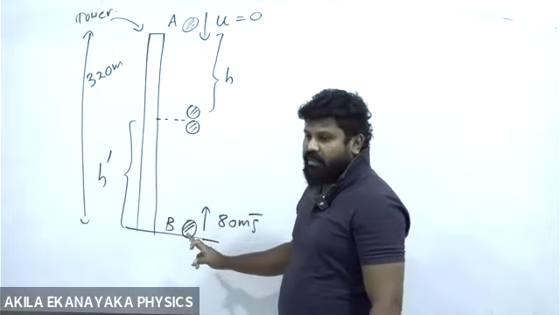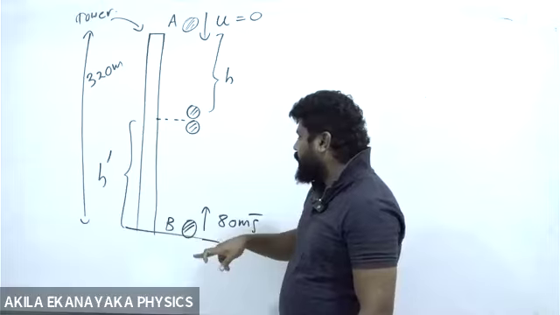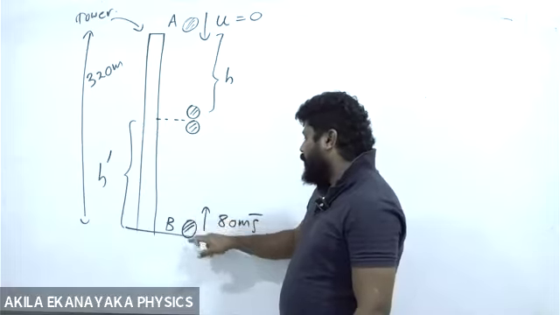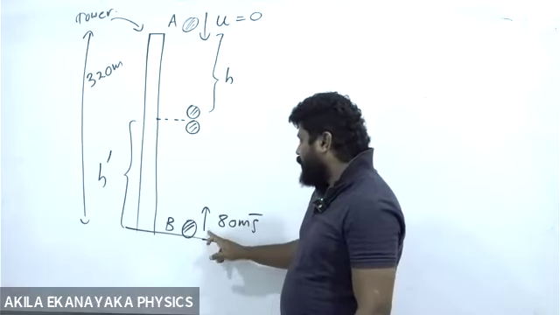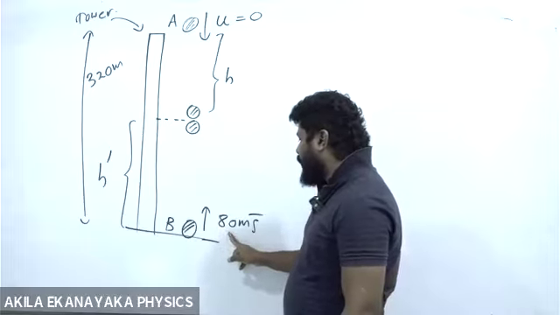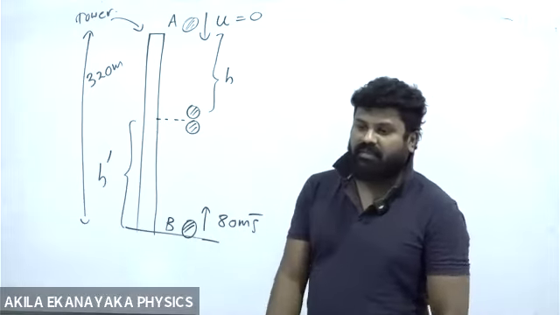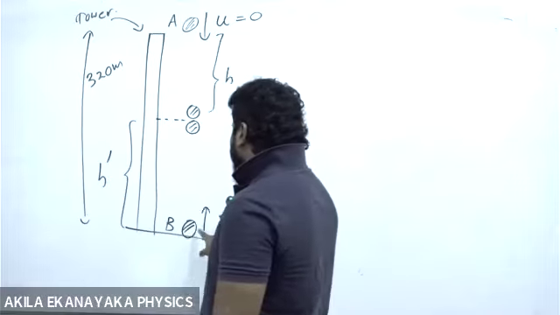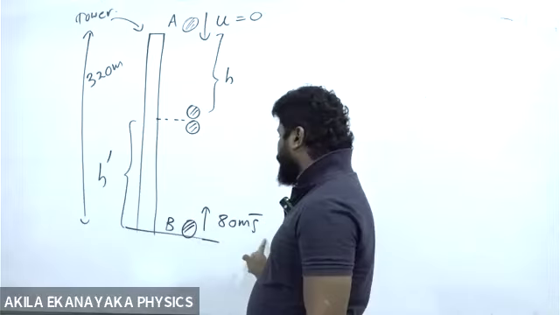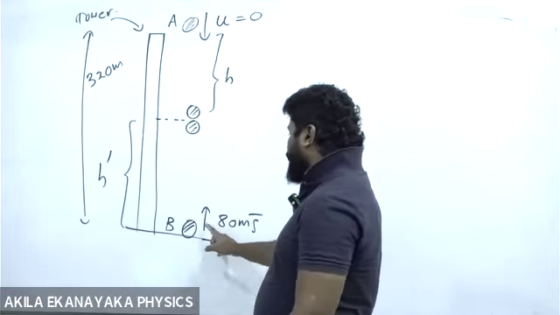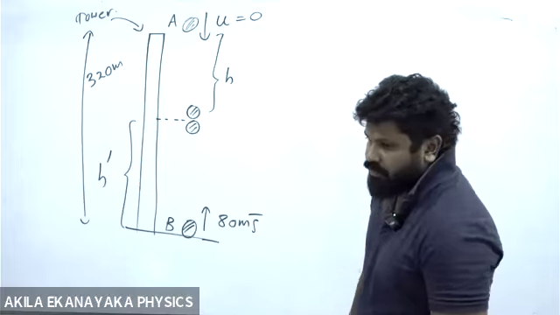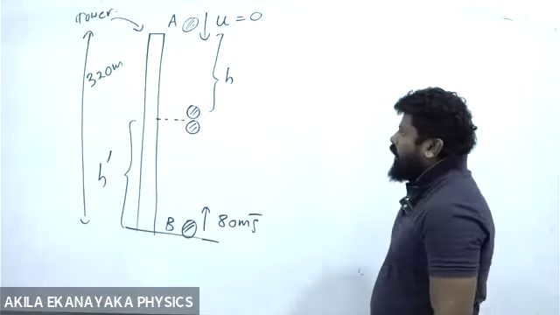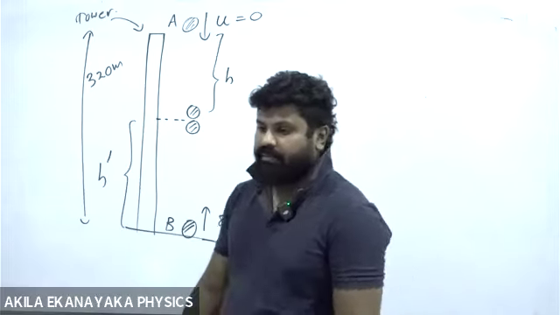An object is projected vertically upward from the ground with a velocity of 80 meters per second. At the same time,